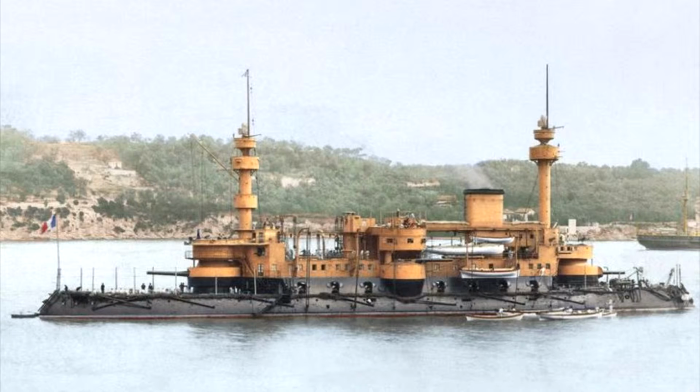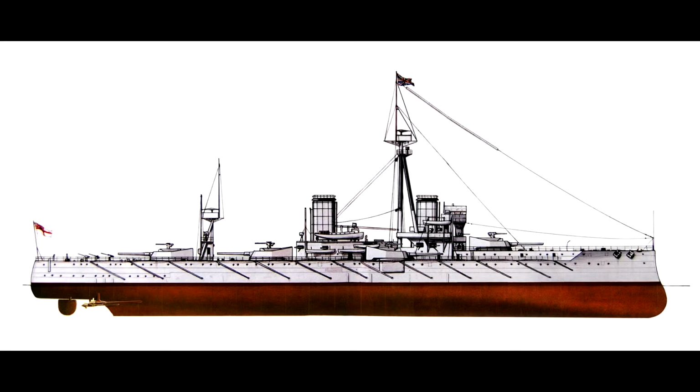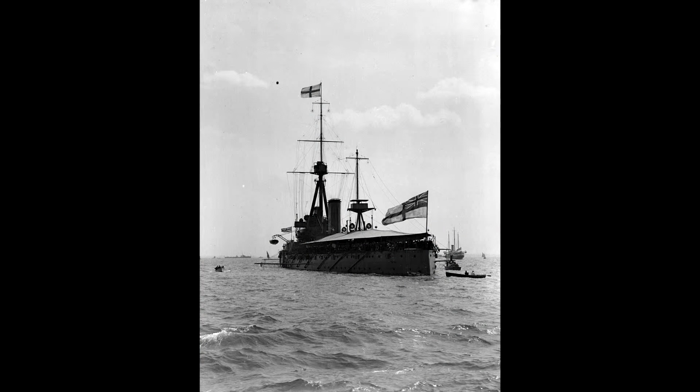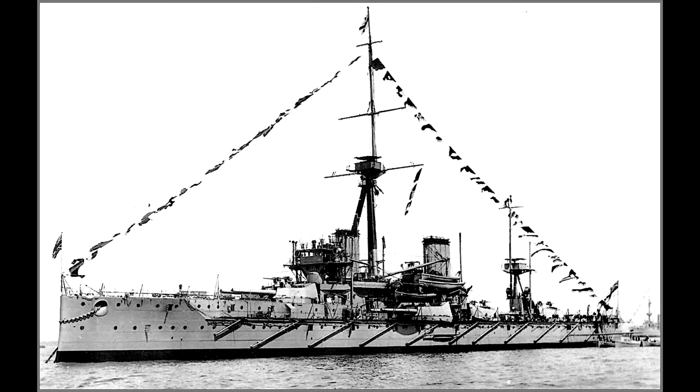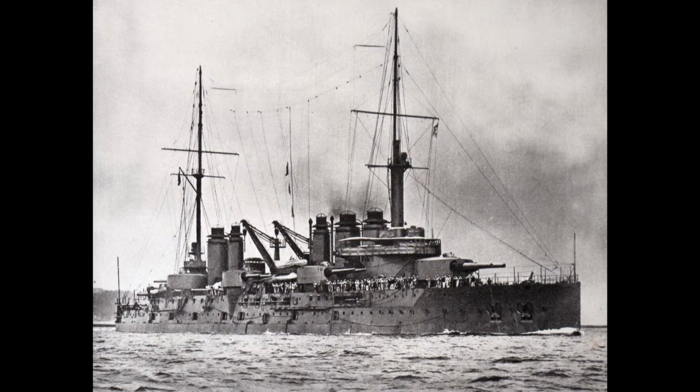That is, until the launch of HMS Dreadnought, a truly revolutionary ship, which rendered an entire era of vessels completely and totally irrelevant. Now you may ask, how can one ship render an entire era of ships irrelevant? And the answer was in two very simple things. One, HMS Dreadnought had a uniform main battery. That meant that instead of having its main guns supported by smaller guns, it mostly had main guns,